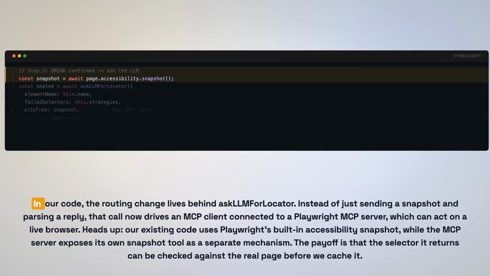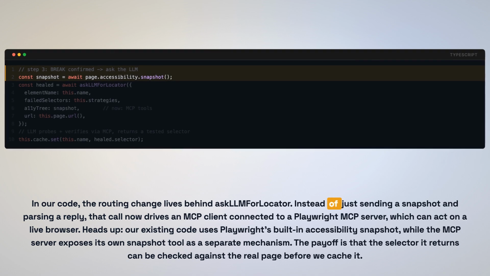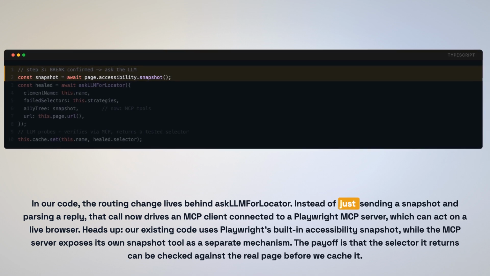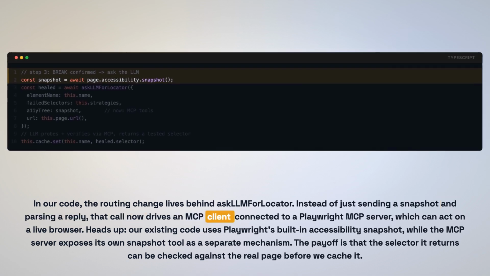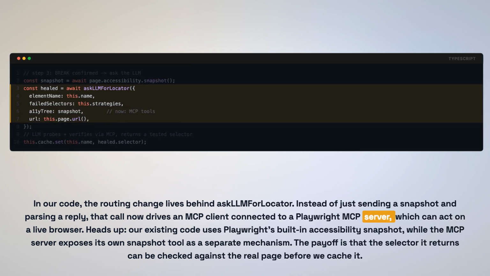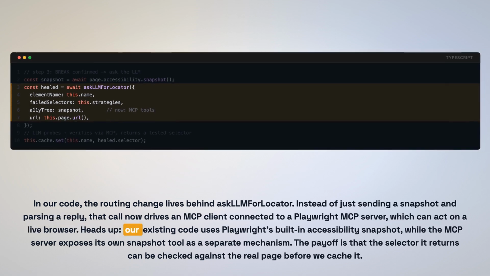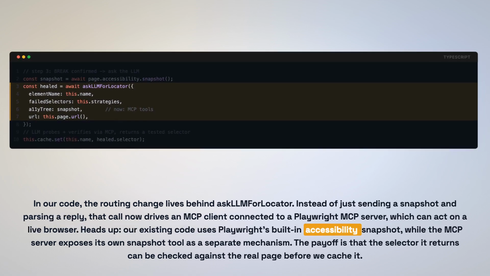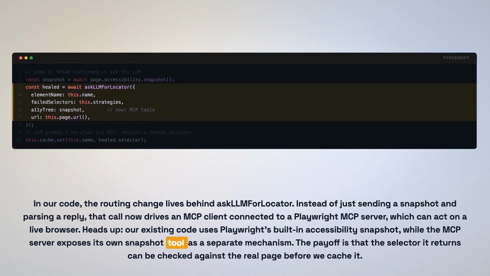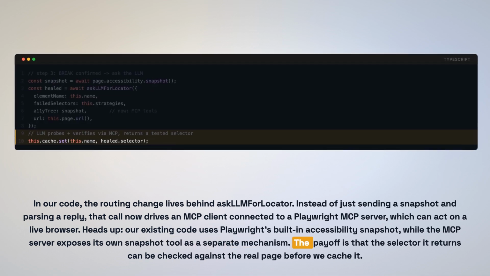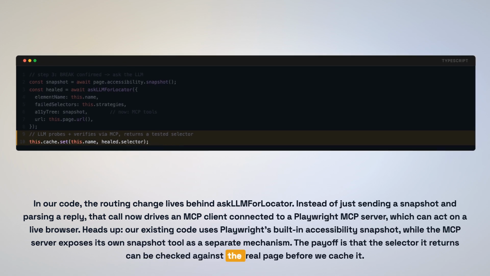In our code, the routing change lives behind askLLMForLocator. Instead of just sending a snapshot and passing a reply, that call now drives an MCP client connected to a Playwright MCP server, which can act on a live browser. Heads up, our existing code uses Playwright's built-in accessibility snapshot, while the MCP server exposes its own snapshot tool as a separate mechanism. The payoff is that the selector it returns can be checked against the real page before we